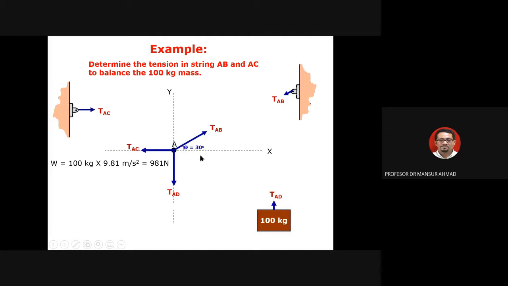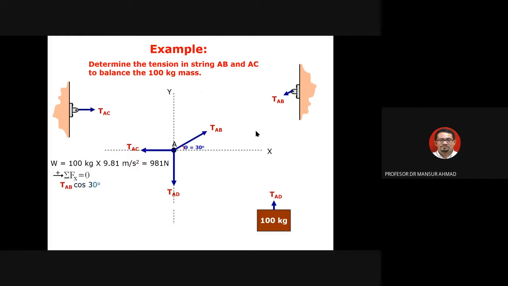Okay, the angle here, take note, 30 degrees. So you need to resolve this into X and Y direction. I don't draw that again. I'm just going to go ahead and calculate on that resolution. First, I'm going to sum forces in X direction. Again, you can start with Y direction if you like.